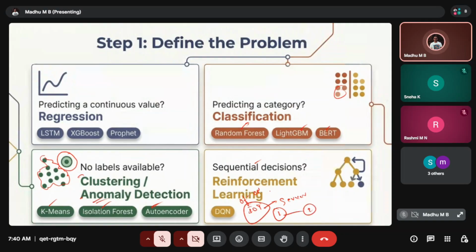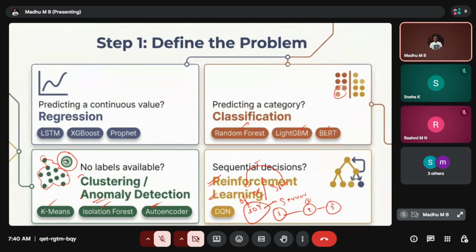And the second condition would be in what state this action needs to be taken. That will be the second sequential decision. And the third decision, whether we have to continue the on and off status. Basically what I'm trying to say is, whenever we have this sequential decision requirement, we have to consider reinforcement learning. For that we have the DQN. So these are very famous machine learning models we have.